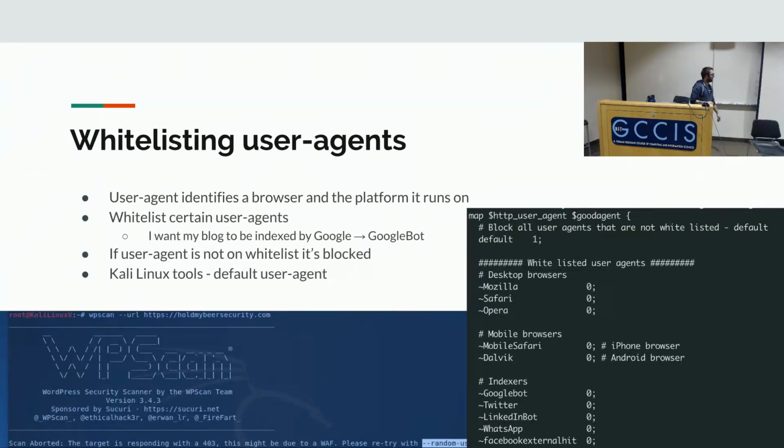Here's the list of user agents that I currently accept. Anything that starts with Mozilla will be allowed. Apple's weird. They start with Safari. Opera starts with Opera. Certain things that I didn't think about at first: Googlebot. I want my website to be indexed by Google. I was originally blocking Google, so I wasn't being indexed, right? Things like Twitter couldn't index me as well. LinkedIn. The really cool one is WhatsApp down here.